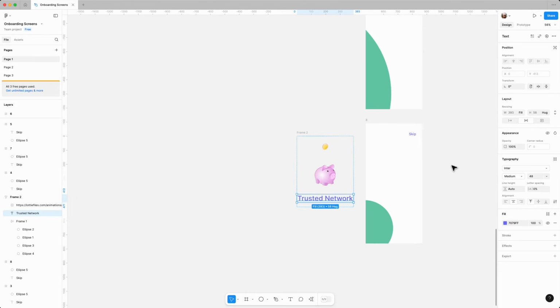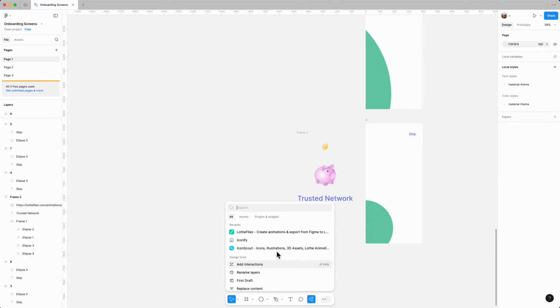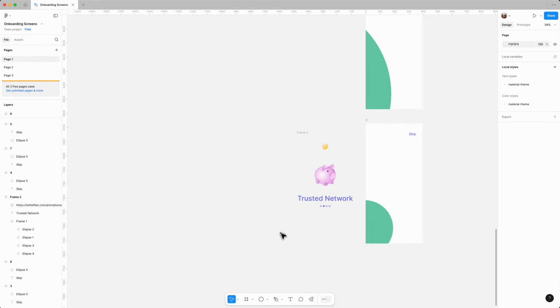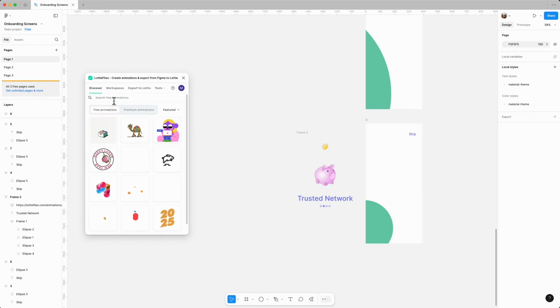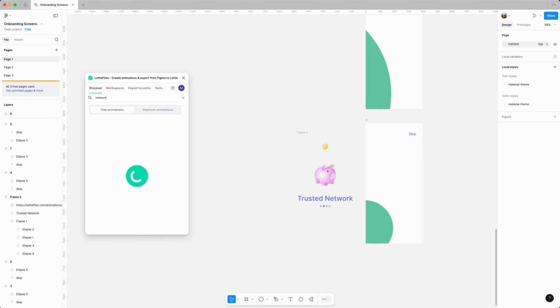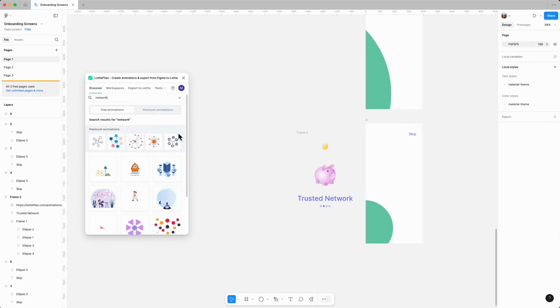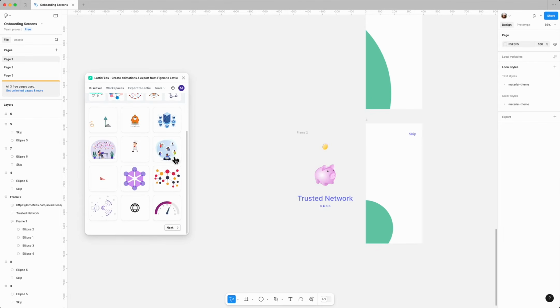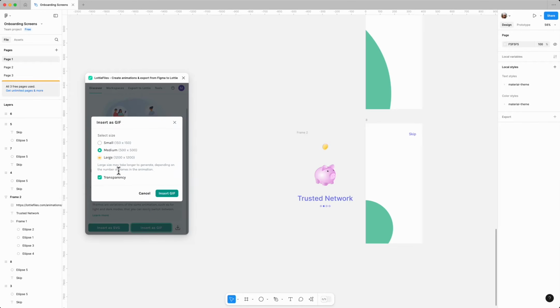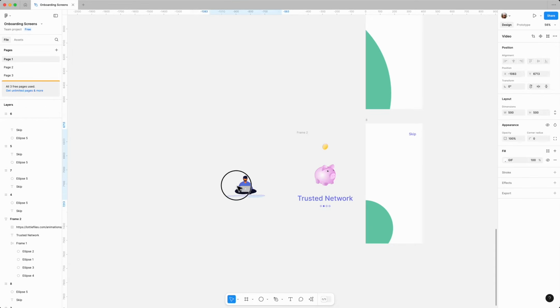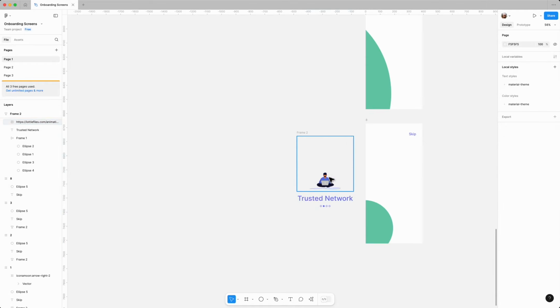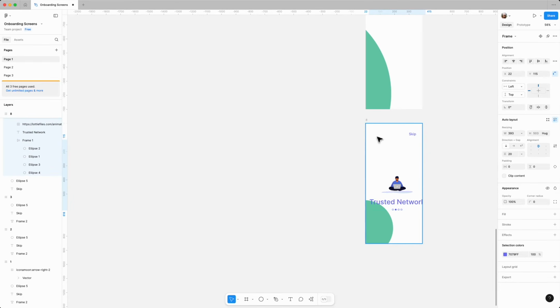Now we need to change the GIF. Open the Lottie file plugin again, search for a network GIF, and choose this one. Insert it as a GIF. Change its size to 393 and place it in the auto layout. Delete the previous one, put it back on the frame, align it to the center, and ensure the Y position